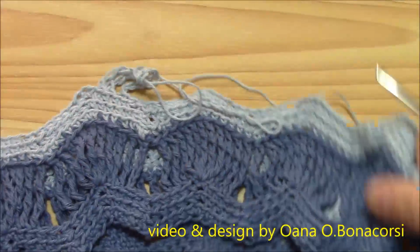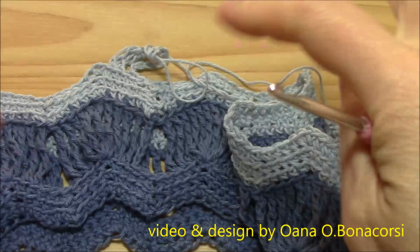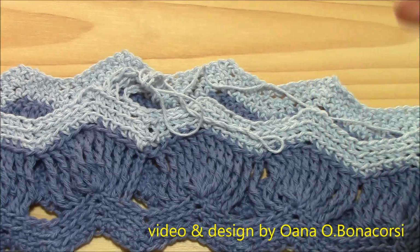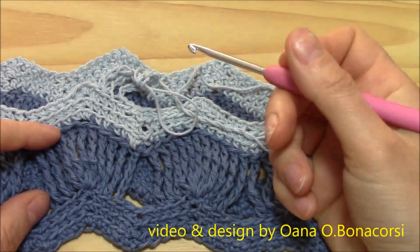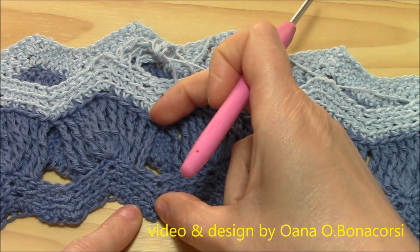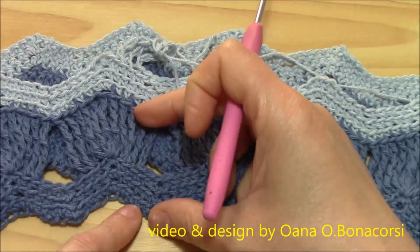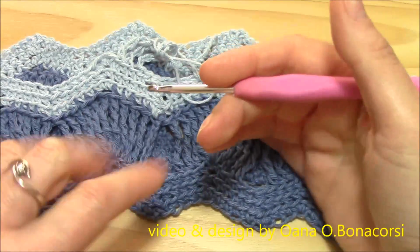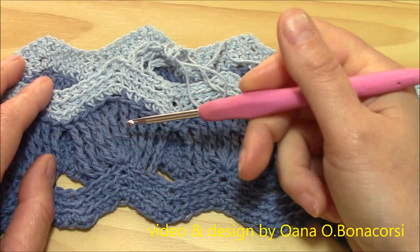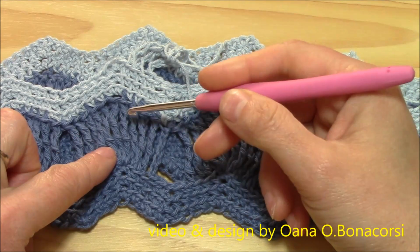So I will just continue on like this, until I reach the division part. I will work the yoke, and you also have the written instructions, so don't worry about it. What is important to know is that one color means 4 rounds for one sequence, and then I change color and begin another sequence. So there are 3 single crochet rounds and 1 triple round, and in the triple round I just increase one stitch